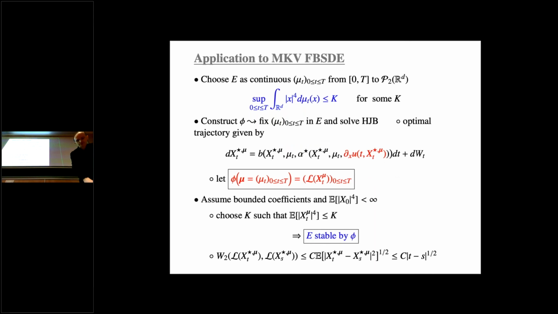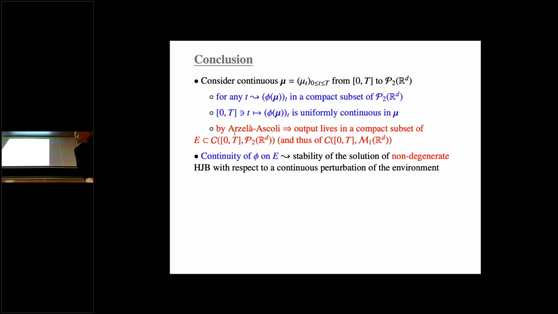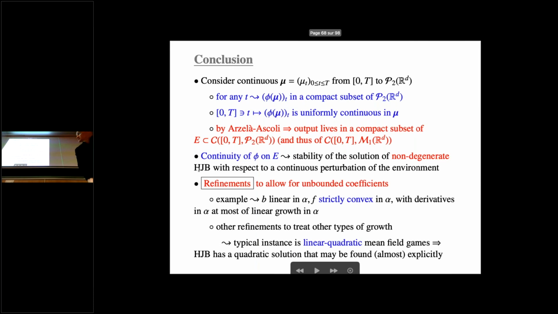Okay, so this is the conclusion. This is stable. I'm not going to spend much more time, but this is exactly what I told you. Stability using the growth of dxu. And then continuity, this is mostly, as I told you, non-degeneracy of HJB. And then for compactness, I have moments plus weak convergence.